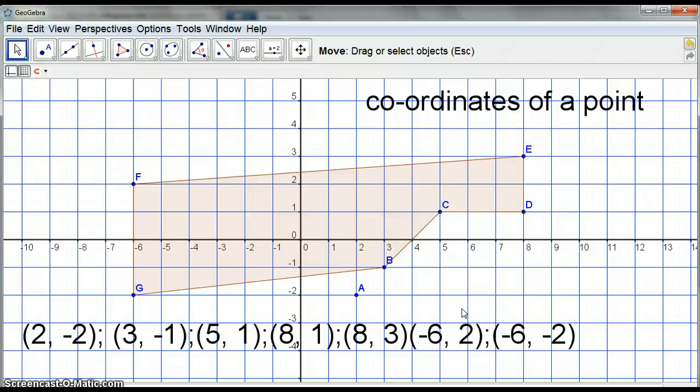Do you go on the internet? No, you don't go on the internet, you do it by hand. Okay? If you've got a laptop that's got GeoGebra on it and you can do it this way, that's okay, but only if you've got GeoGebra already loaded. Oh, so you can't just get it